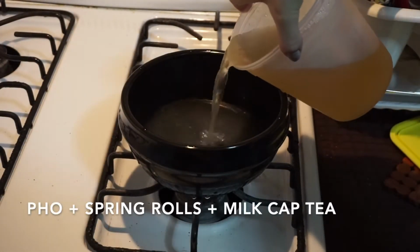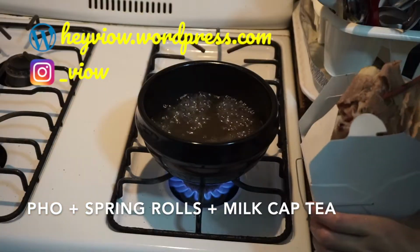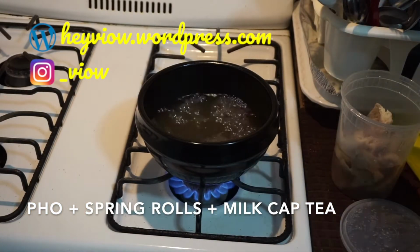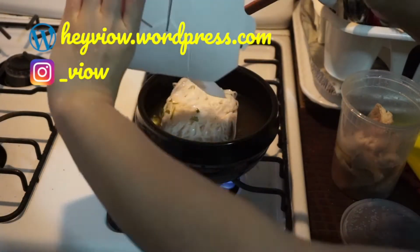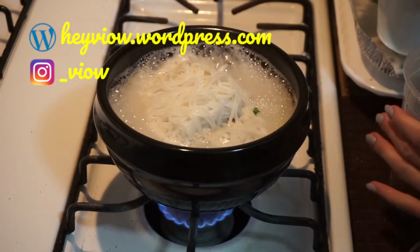Alright, so I know I ate this first on Sunday because this was something that my family bought for me on Saturday, but I couldn't eat it. So what I'm doing is just reheating the pho broth in the ceramic pot that I'm always using, and I'm going to heat up the noodles first. Oh, and then I put